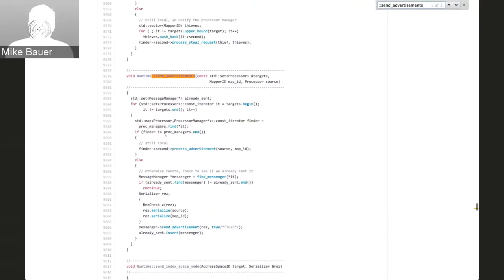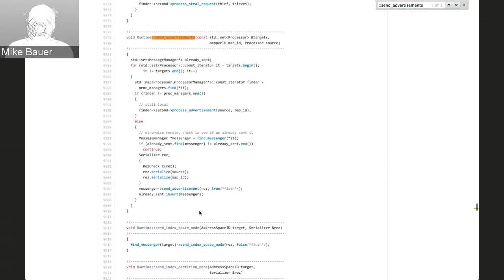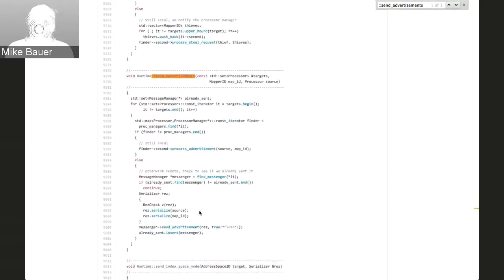If we just look at this send advertisements call, all we're doing is packaging up a bunch of processors and saying for which processors and which mappers we have work that is available for stealing. We send these advertisements back to the failed thieves, and then once they get these process advertisement messages, if I actually look at the processor manager,